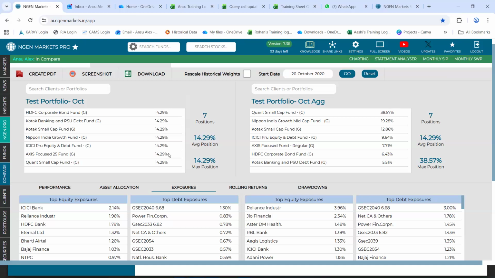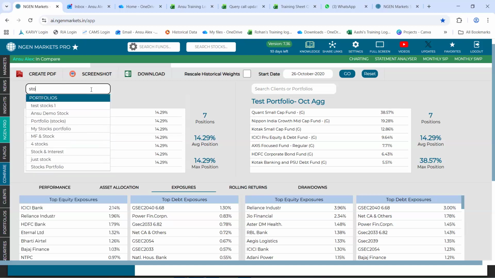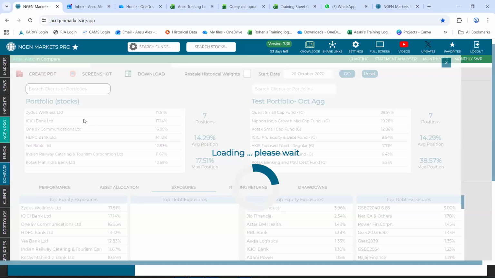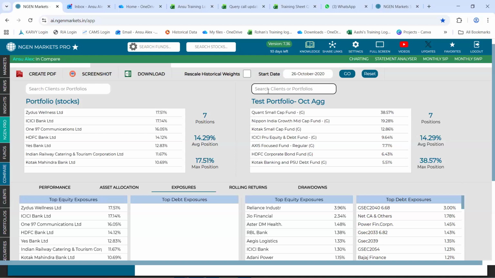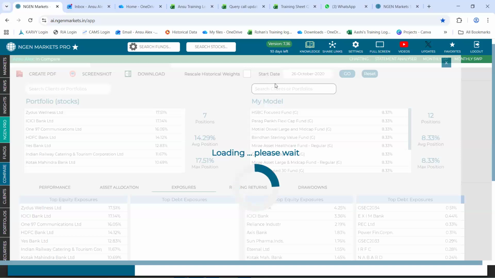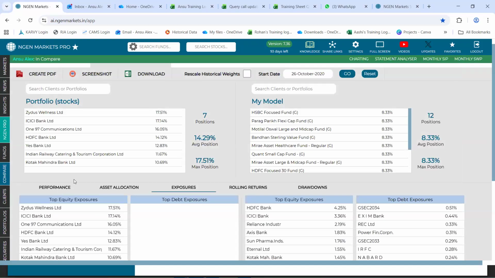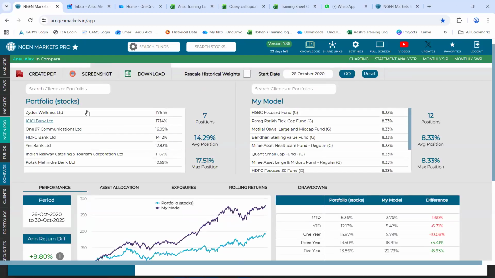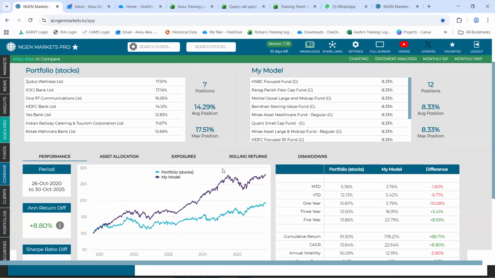Now, this was the analysis that we viewed for an aggressive portfolio that I improvised against an equally allocated portfolio. Now, let's say you wish to compare a completely stocks portfolio against a model portfolio that you have created. So what I will be doing is, towards the left, I will be loading in a stocks portfolio that I had saved onto my system. And on the right, you can load in your model portfolio. So this again is a side-by-side comparison of a completely stocks portfolio against a completely MF portfolio, a side-by-side performance of how they are doing against each other.